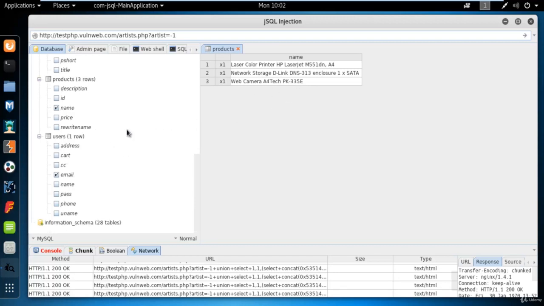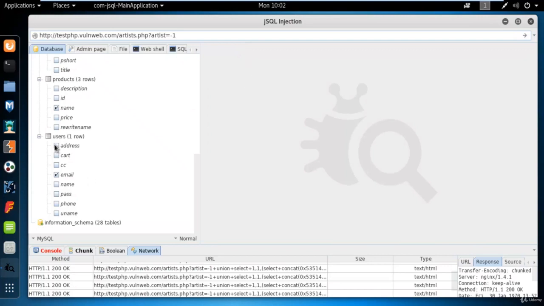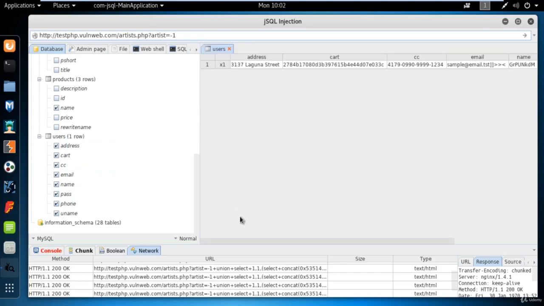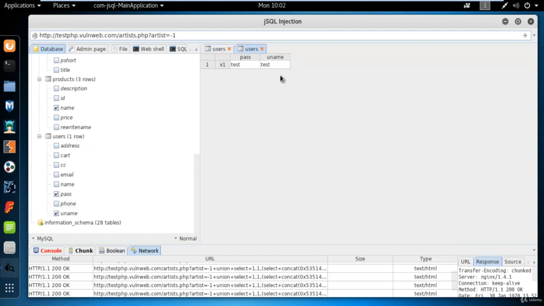And if we talk about the users table, which is very important, let me close it. Let me select all kinds of information inside users, right click here, click load. You can see here that all information is available. You can also select the useful information for you, like username and password. So untick all of them and just tick pass and uname, right click on users, click load. And you can see here that you are able to find out the right username and password of this website. Test is the right username and password of this website.